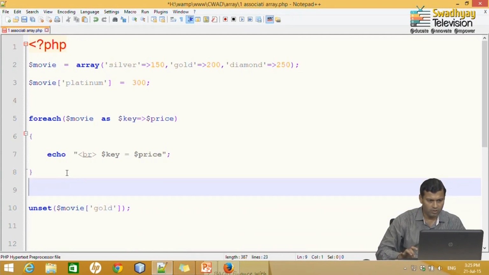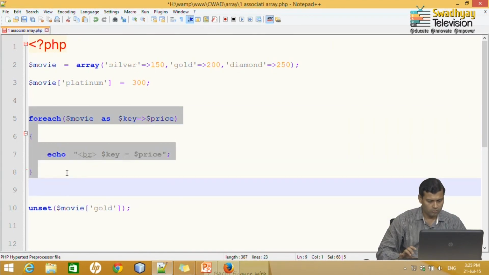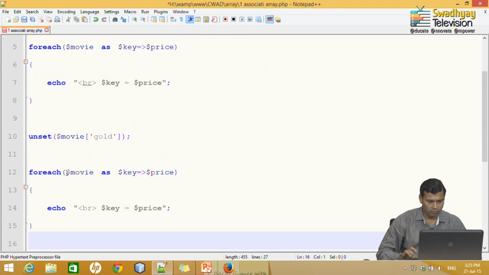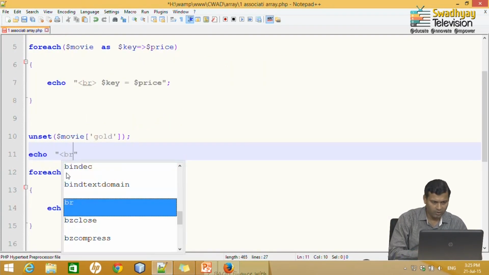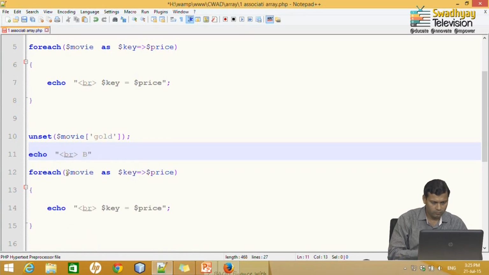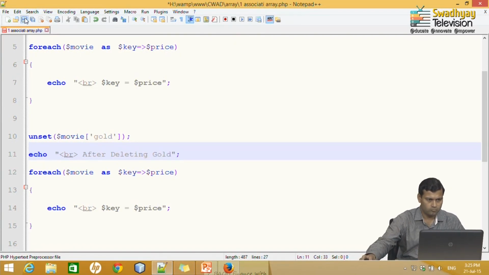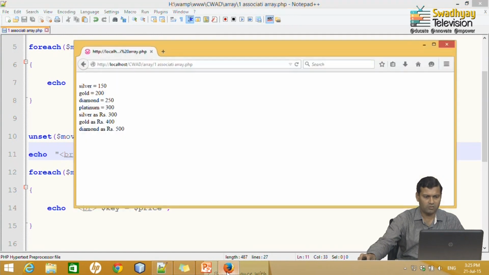And now, let me use the foreach loop again to check whether it works or not, and before that I just type a line, after deleting gold. So, I save it, let us execute it.